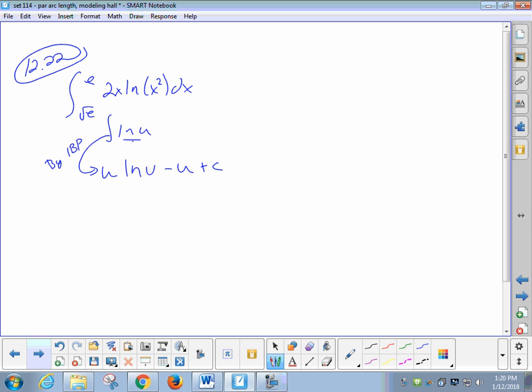So easiest, least time kind of thing. That's how my thought process would go. This is like the integral of natural log, which is like integration by parts. With those ideas then, what is u in this case? X squared. So u natural log of u is x squared natural log of x squared minus x squared, and not plus c,